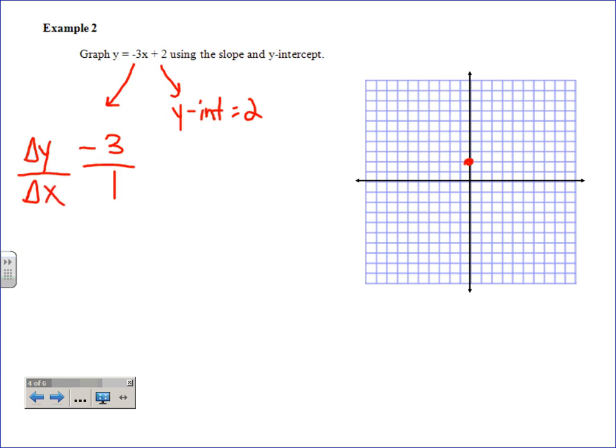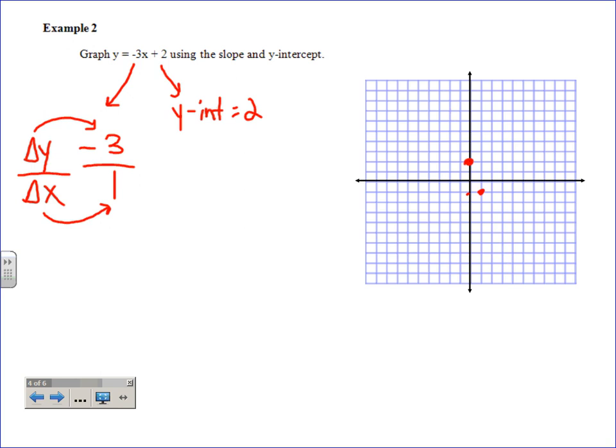So change in y is negative 3. Change in x is 1. The change in y means up or down change. And if it's negative 3, should I go up or down? Down. How much? 3. So from that point, go down 1, 2, 3. So I'm right here right now. The change in x is a positive 1. X is right or left. And if it's positive 1, I should go to the